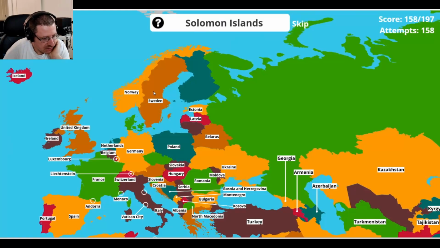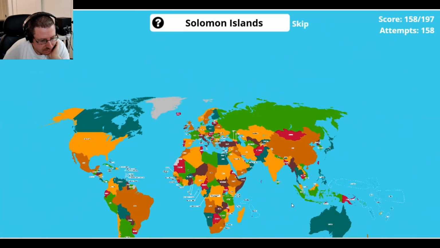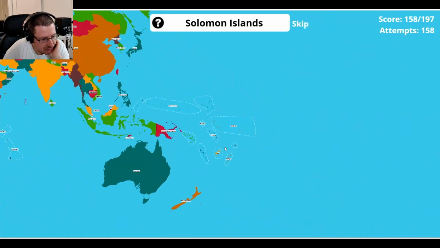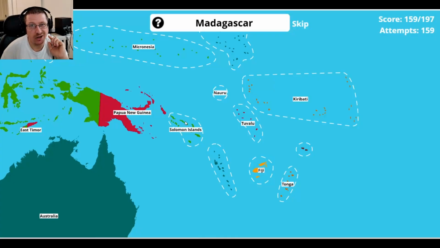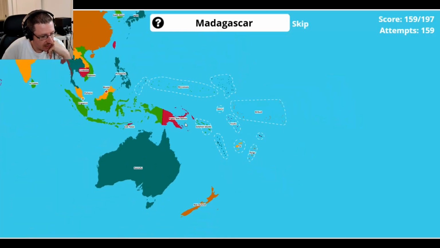Solomon Islands, Oceanic, right next to Papua New Guinea. This is the Solomon Islands. So the name came from an explorer that came there and discovered gold, and after hearing local tales, he thought he found the source of King Solomon's wealth, which turned out to be false. And that's why it's named Solomon Islands. You would figure after they figured out that the story was false, they'd change its name, but Solomon Islands.